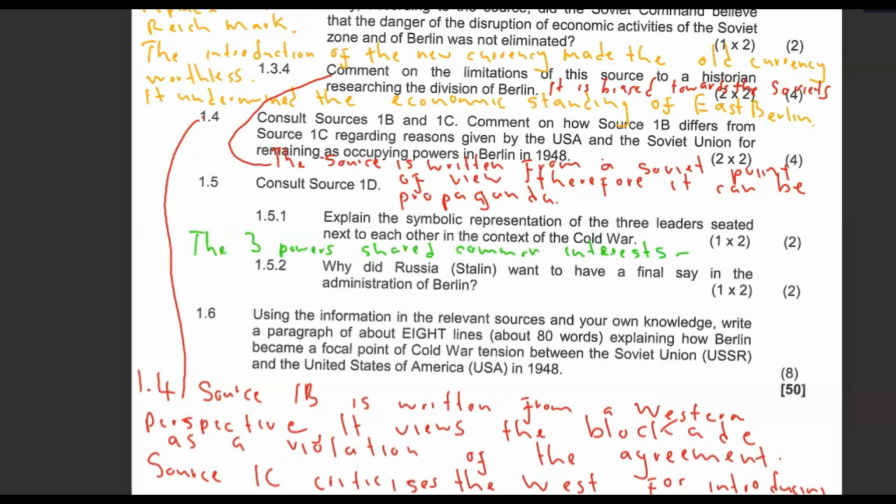They actually shared common interests as far as Berlin was concerned. Then let's go to the next one, 1.5.2. Why did Stalin want to have a final say in the administration of Berlin? For this particular question, you can say that Stalin